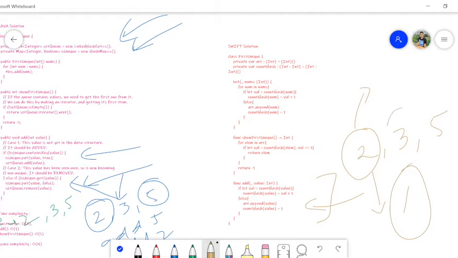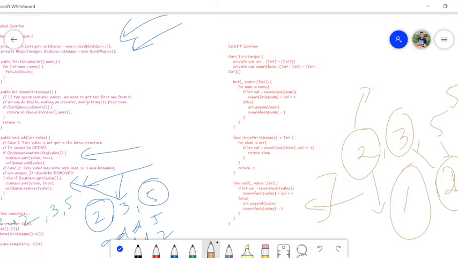Then the next time 3 is encountered, we make the entry in the hash map and we mark it as a 1. Then again for 5. Now suppose 5 is coming again in the add condition. So the if let condition will be enabled automatically, and we will increase the count to 2. If the count is not equal to 1, it means it's not a unique element, so we should remove it from the queue.